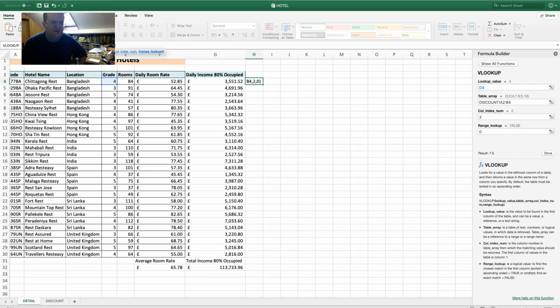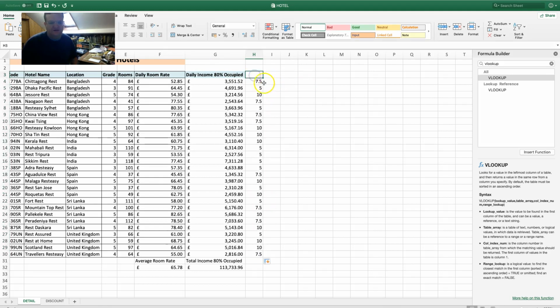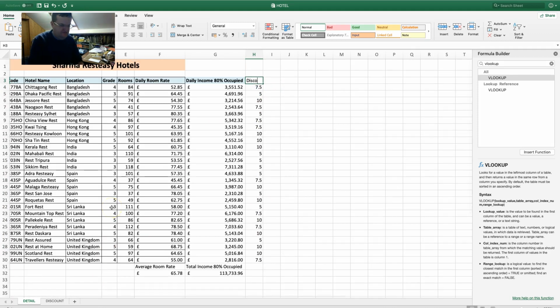Just going back up here, remember the absolute cell references, we want to fix it to that table, so I need function F4. Otherwise, when we drag it down, it's going to move those cells down and our